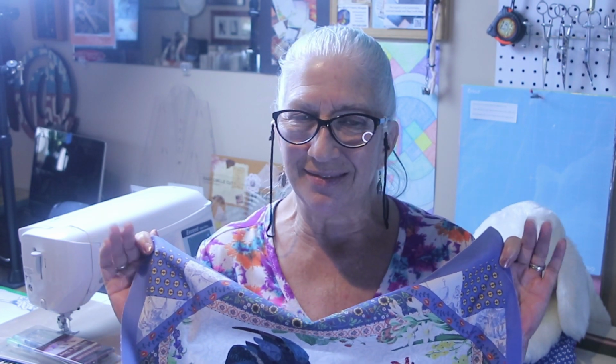But if I did decide to go with the quilt as you go method, which I have never done before, new things always scare me, especially when it comes to a project that is for me and I want it to turn out really nice because I love it so much already. I don't want to make the wrong decision, and I don't think there really is a wrong decision. I think it'll turn out fine no matter how I choose, but